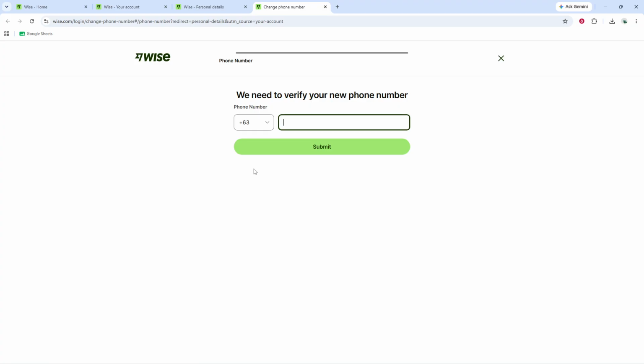Once you're sure the number is accurate, click Save or Continue. Wise will then send a verification code to your new phone number. Wait for the message to arrive, and when prompted, enter the verification code exactly as you received it. If the code doesn't arrive right away, give it a moment and make sure your phone has signal and can